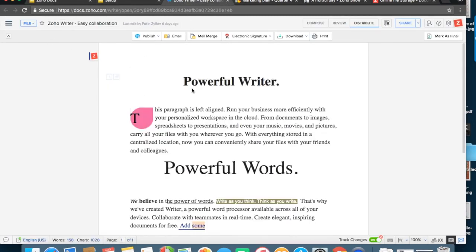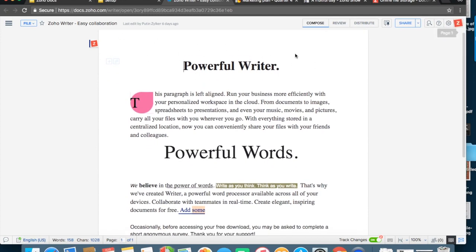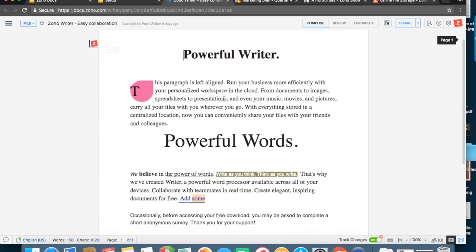This is Zoho Writer. Zoho Writer is an online word processing tool. It is similar to MS Word, but here is why it is different and you should definitely use it. But to get started, let's go to the Compose view. In the Compose view, the Writer screen is very clear and it lets you just concentrate on the content of the document that you would like to enter, and we have reduced all the disturbances that might distract you while you want to draft your document.